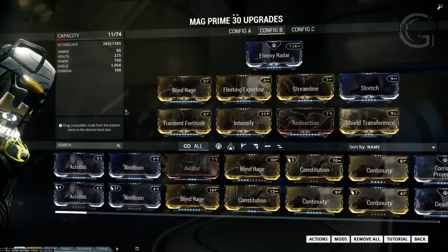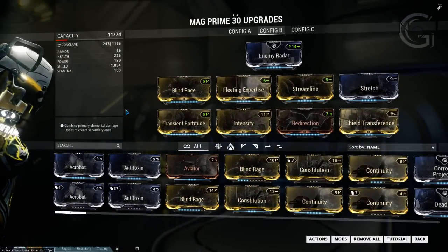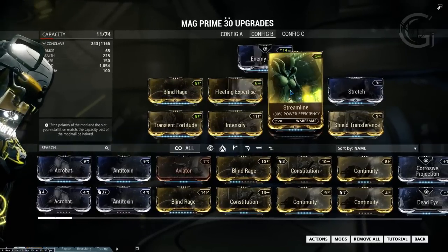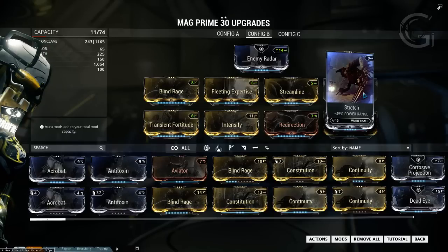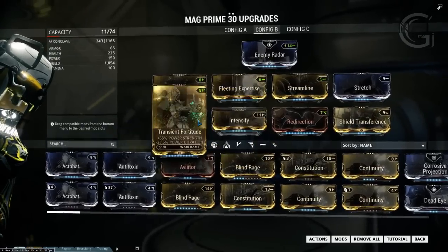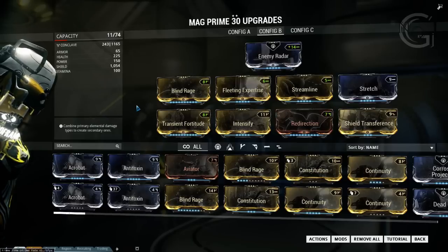Now the first build of two that I will be showing you is a build that maybe is not the best. It's still acceptable though. Now the idea behind this build is maximum power efficiency, maximum range without having any downsides to it, so no overextended stretch. We have redirection, we have Shield Transference, and we have every possible power strength mod. Now this is probably not the best build because